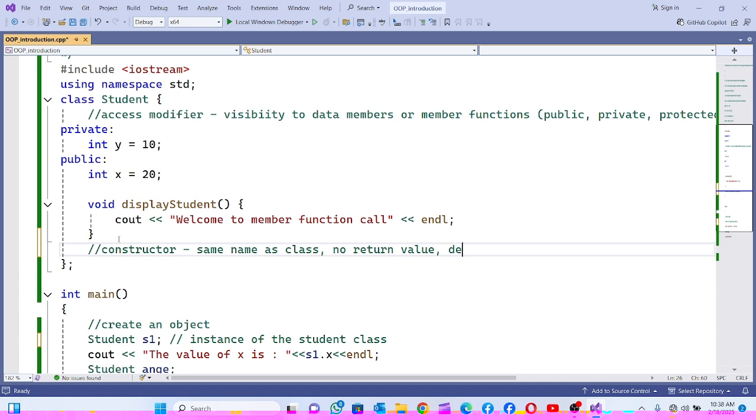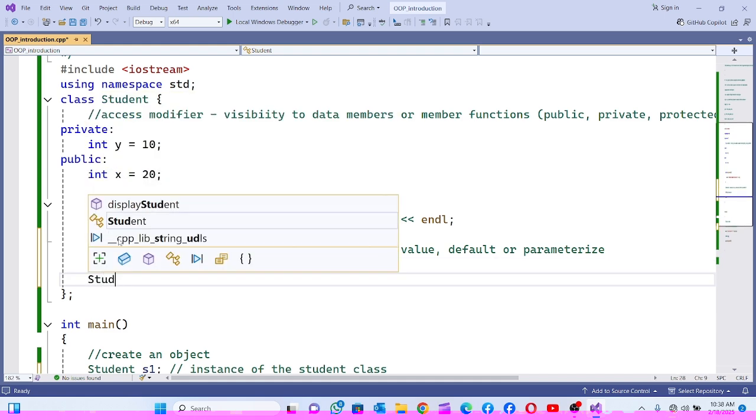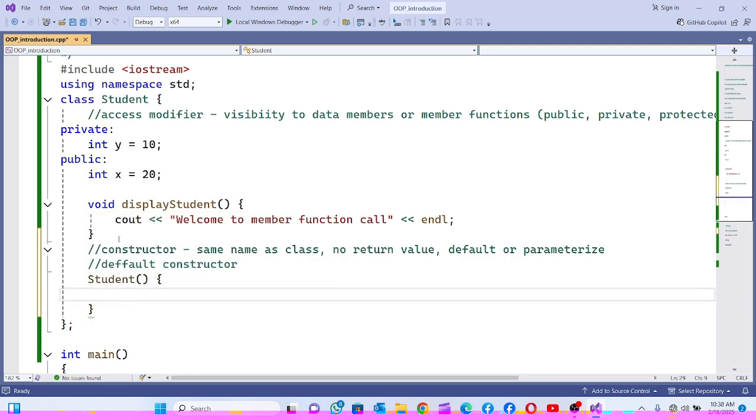So we can have two types. We can have the default or the one that has parameters, right? Now I'll start with the default constructor. So since we've said it has the same name as the class, I'm just going to do that. Okay, now let me do this, and what I'm going to do in this default constructor is that I'm